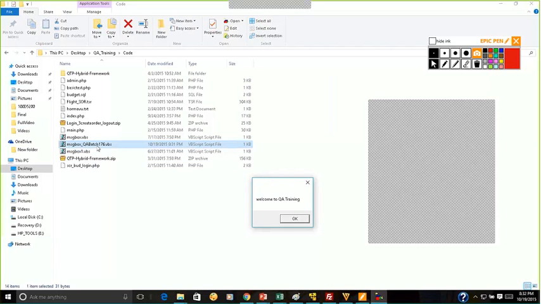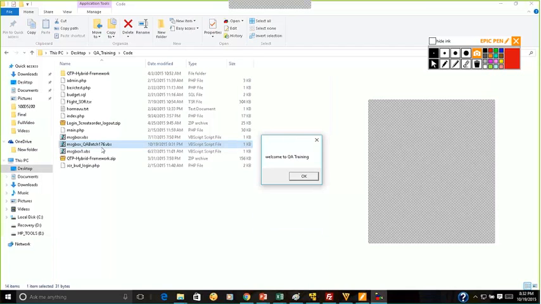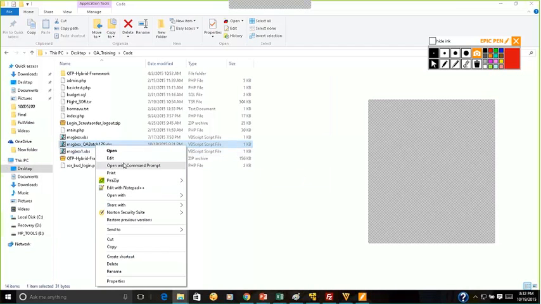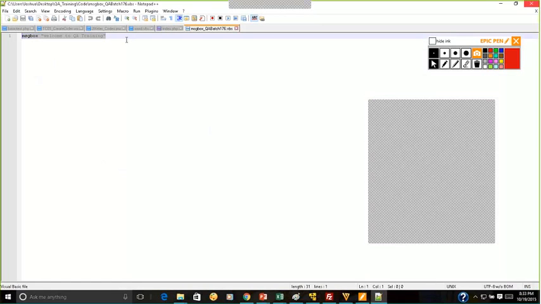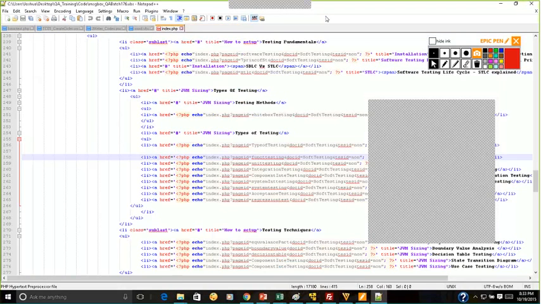So after saving it, we just go back and double click on the file, and this box is going to pop up. When you type .vbs, you see how the file turns into a script file. When you double click it, automatically it will execute the file. It will not open the file. If you want to open the file, right click and say open. If you say open, it will show the code. Unless you say open, it executes. You got it? Yes, I got it.